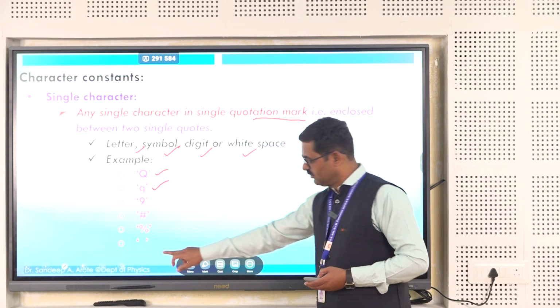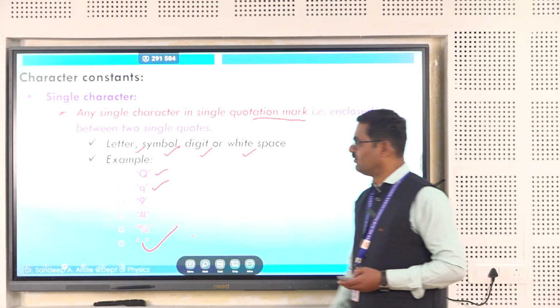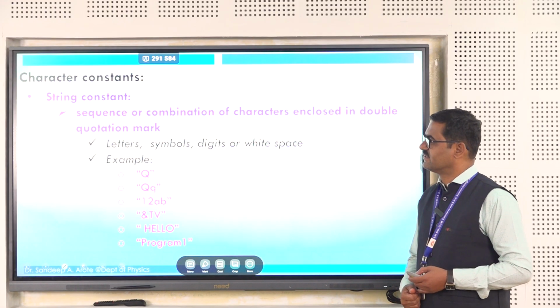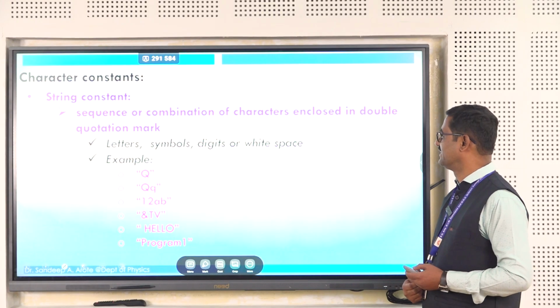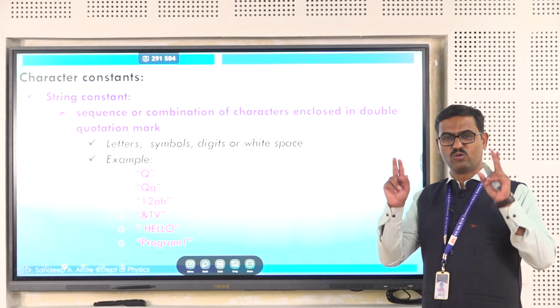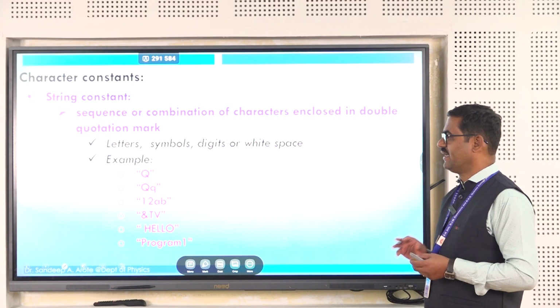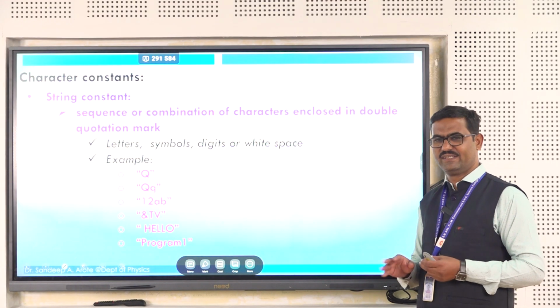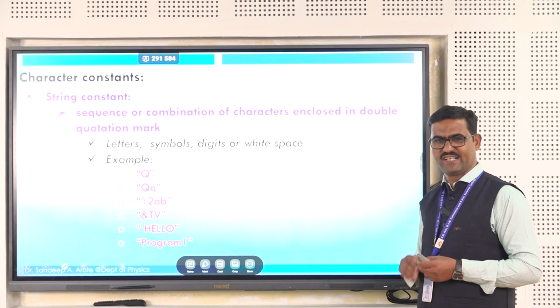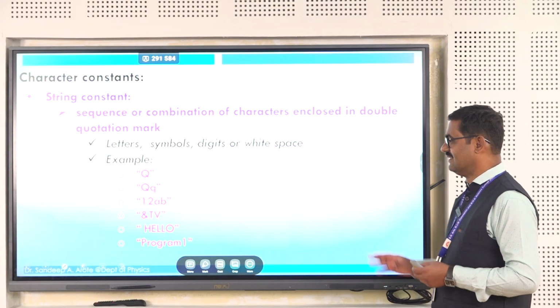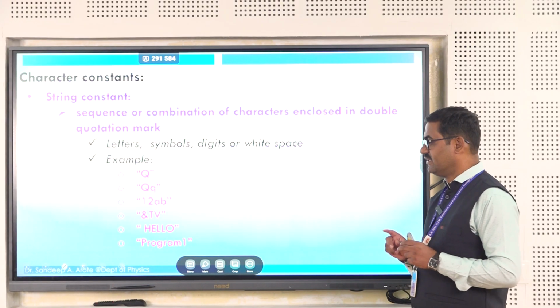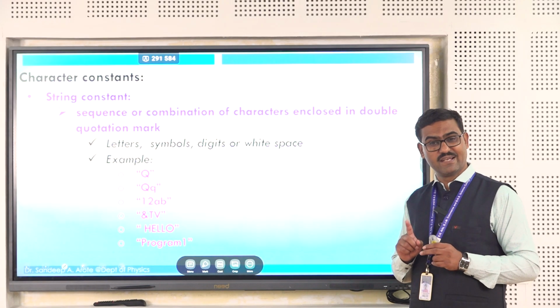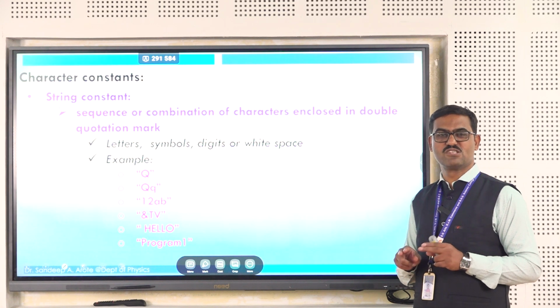So, any character, even blank space, is a valid example of a single character constant. Then string constant. String constant means a sequence or combination of characters enclosed in a double quote mark. This is very important. Any sequence of characters, it can be a letter, a symbol, a special character, a white space, anything, but it must be enclosed in a double quote mark. Now, remember, here you can have a single character as a string also, but